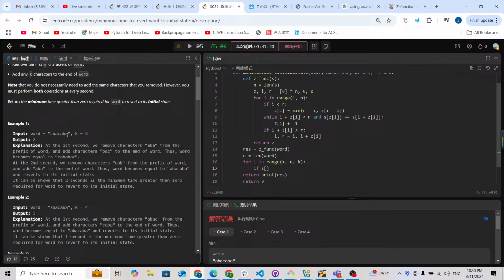What left behind is there's only one a, and we need to check this character. Yeah, so for the z function, for this index, if this is zi, it's gonna be 1. So if this zi equal to